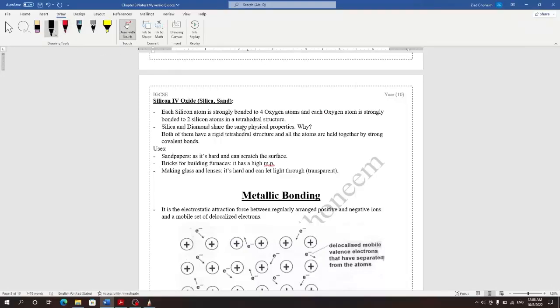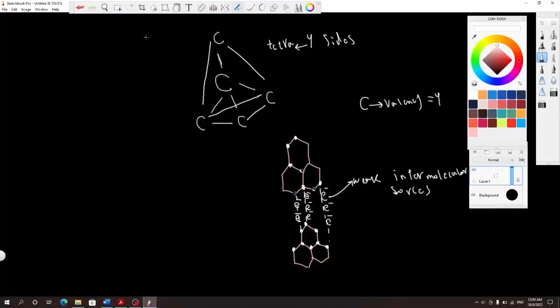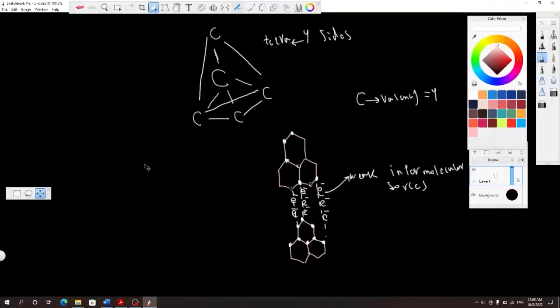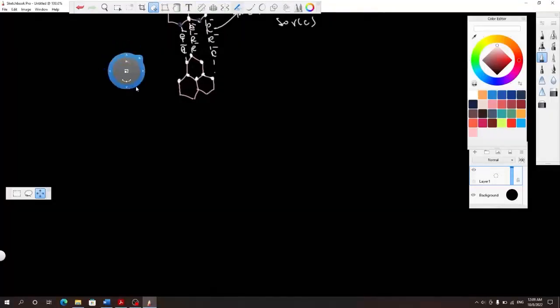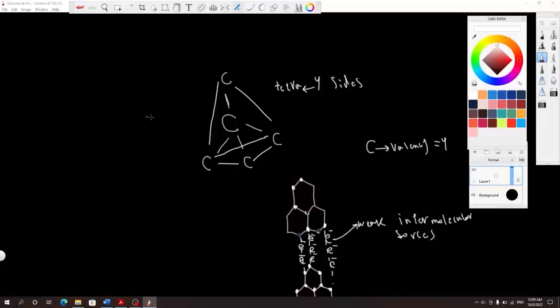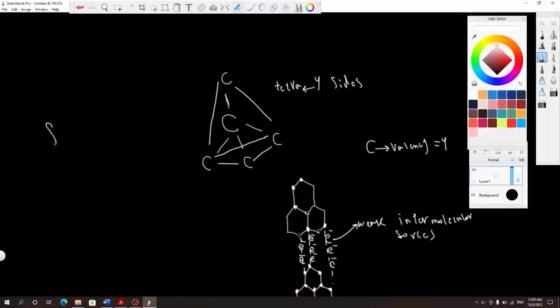Yep, exactly, in diamond, which means that these two, diamond and silica, or silicon dioxide, have the same structure and hence the same physical properties. Okay, because they share the same structure, the same arrangement of atoms, which control the physical properties. Let me just show you how to draw that one, because again we are supposed to learn how to draw silicon dioxide. So here we have silicon in the middle,